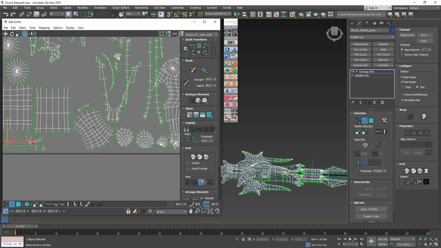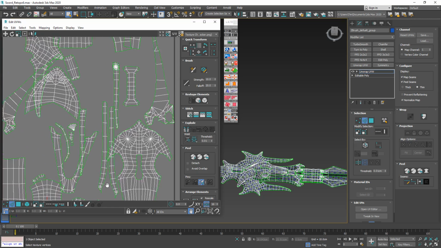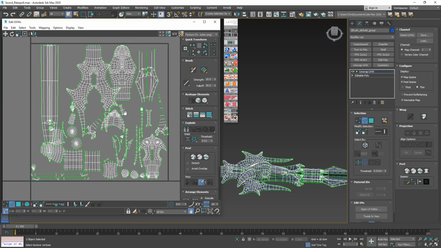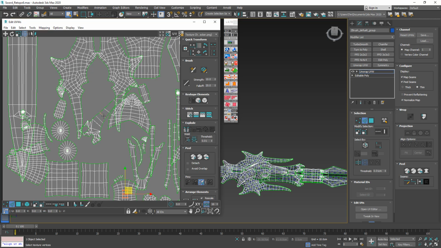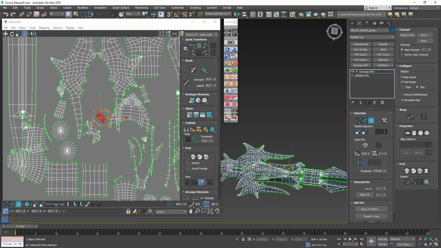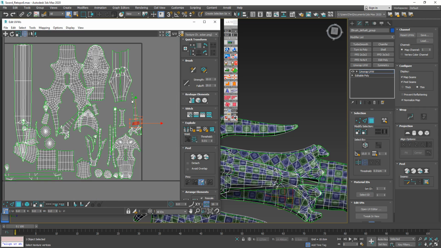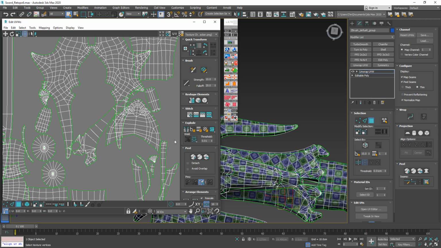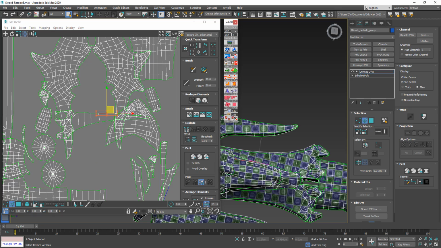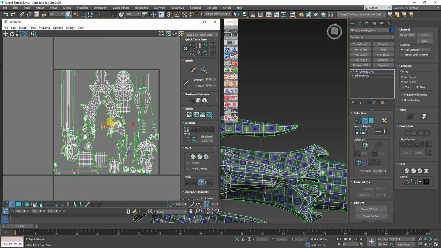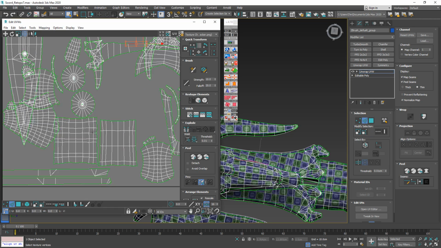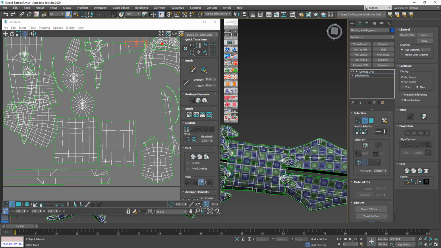And essentially one by one, we're going through our UV islands and making sure they are aligned. We got this piece here. Sometimes it's kind of useful to zoom in and see which piece we're actually dealing with. In this case, it's part of the center element of the sword. And let's also align it. And speaking of alignment,